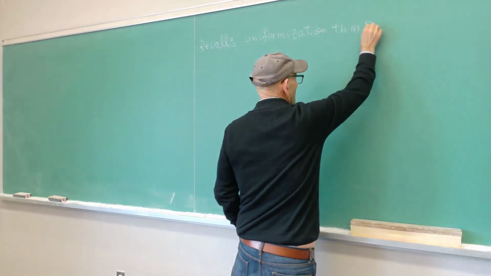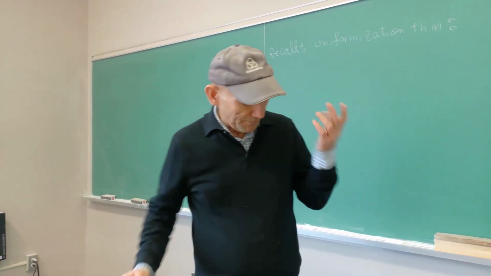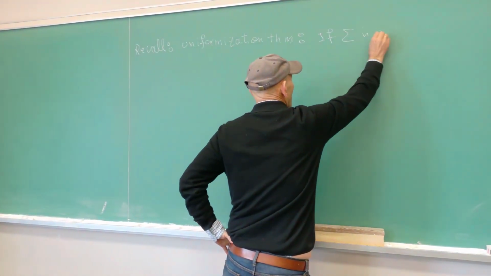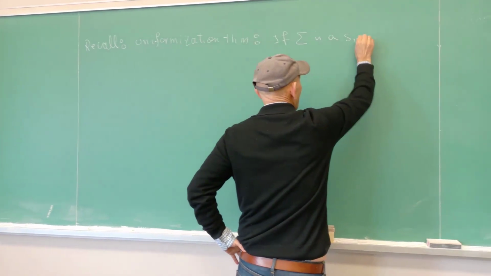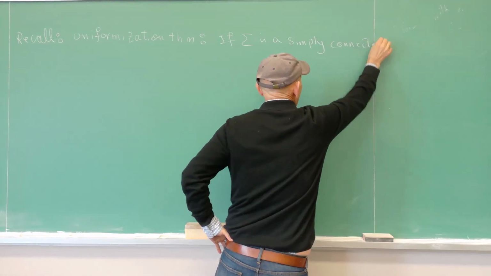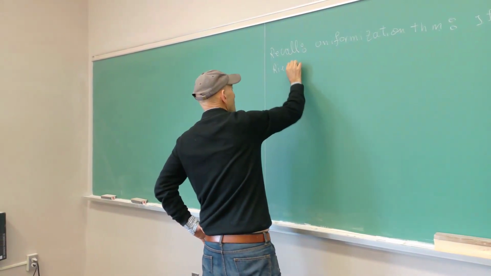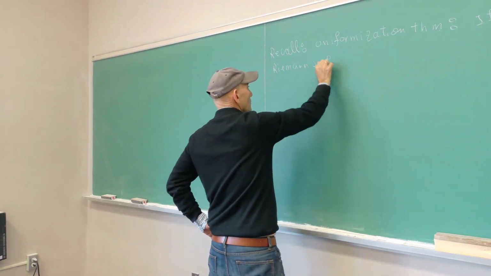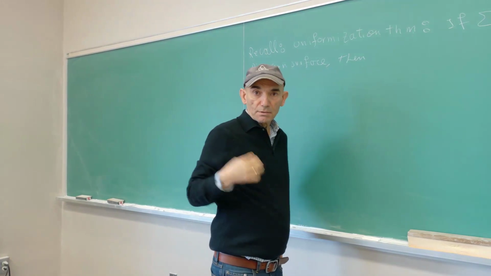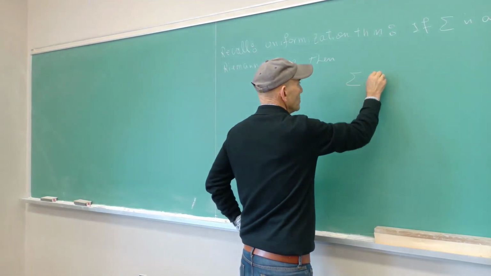Basically, it said the following: if sigma is a simply connected Riemann surface, then one of the following three things happen, and only one of these cases. Then sigma is isomorphic to